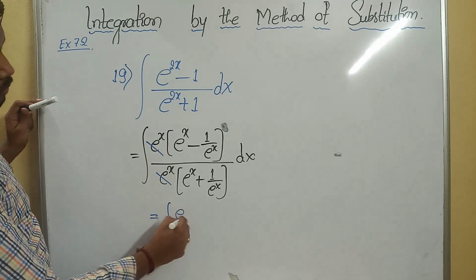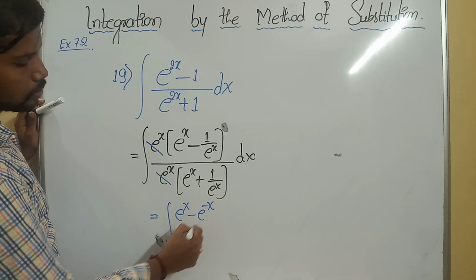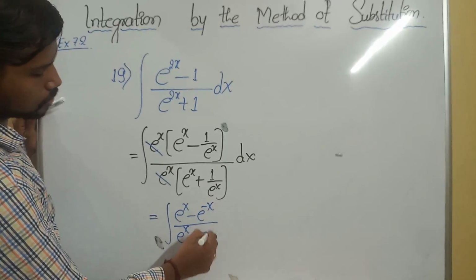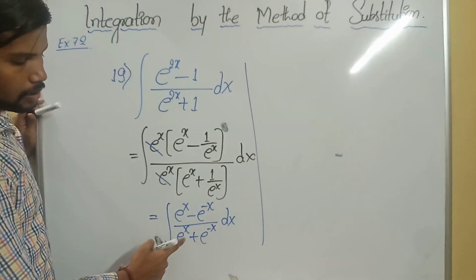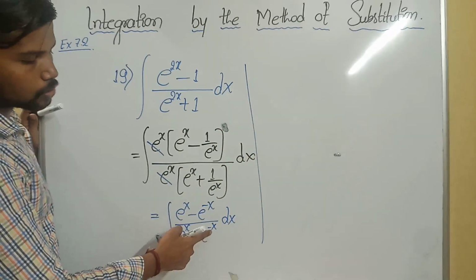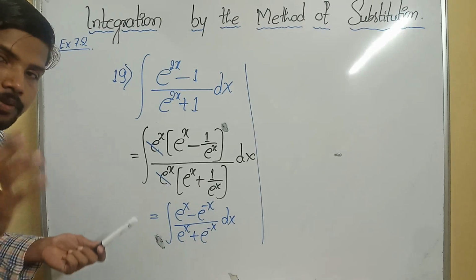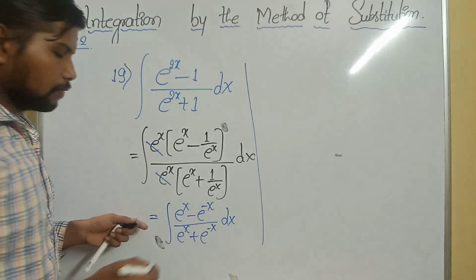It is integral of e to the power x minus, denominator e raised to x to numerator e raised to minus x. Denominator will be e raised to x plus e raised to minus x into dx. Observe the denominator. E raised to x is e raised to x. E raised to minus x is e raised to minus x into minus 1. That's why derivative of denominator is numerator. Derivative of denominator is numerator. That's why integral of the function is log of denominator.